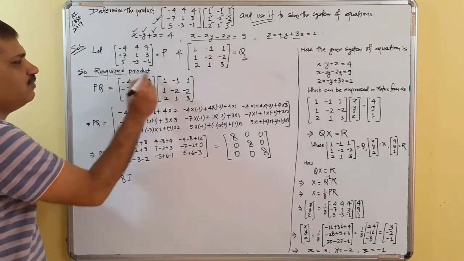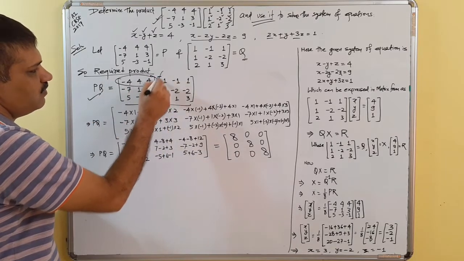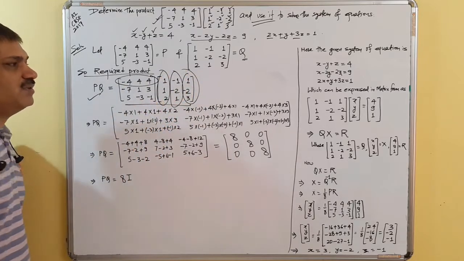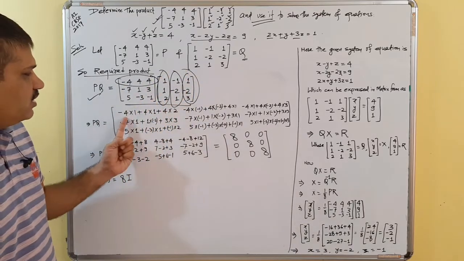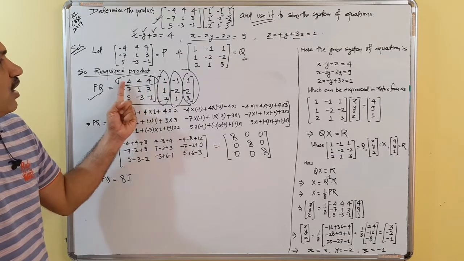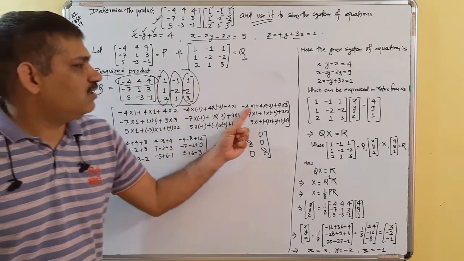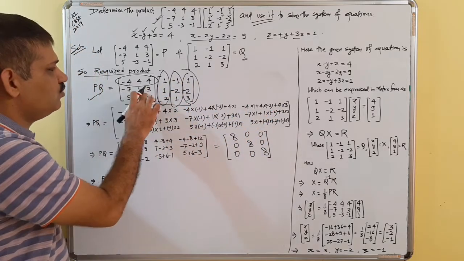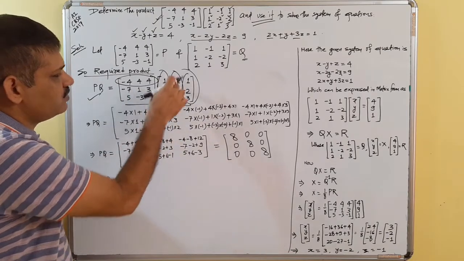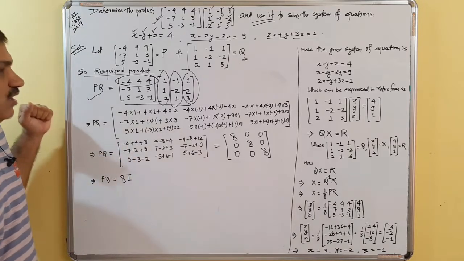Now we find the product PQ, P into Q. How is it done? The row is multiplied by the column. The first row is multiplied by the corresponding elements of the first column and written here, that is minus 4 into 1 plus 4 into 1 plus 4 into 2. Likewise this is multiplied by this here, and this by the third here. This position is 2 1, and this is 2 2, second row, second column. Likewise we find the remaining products.